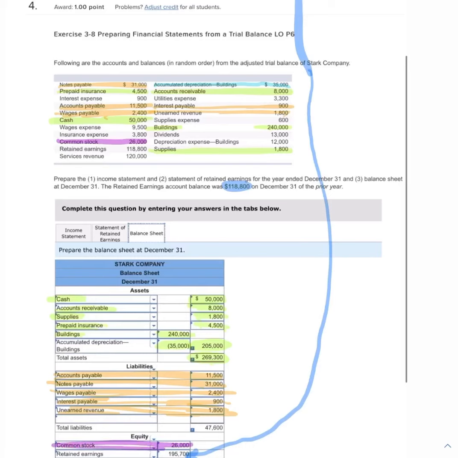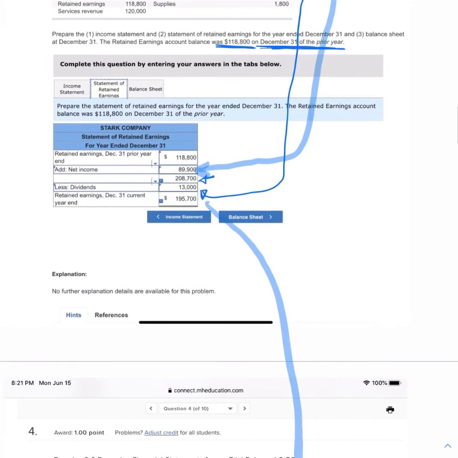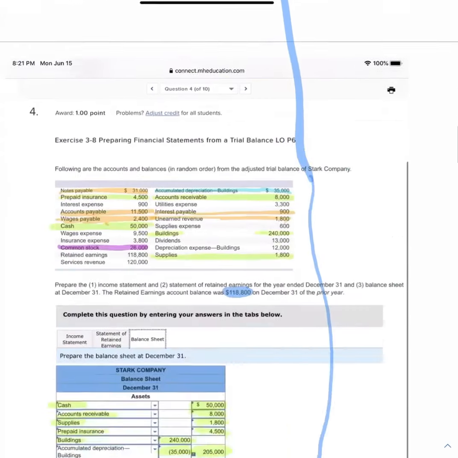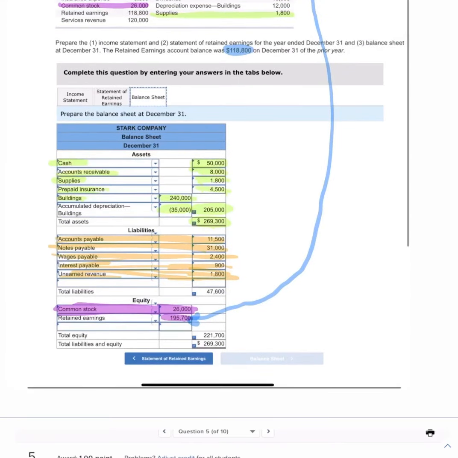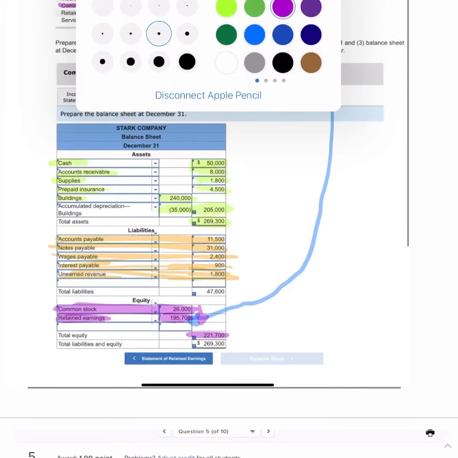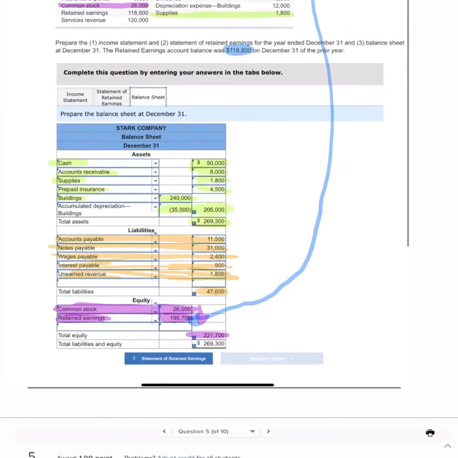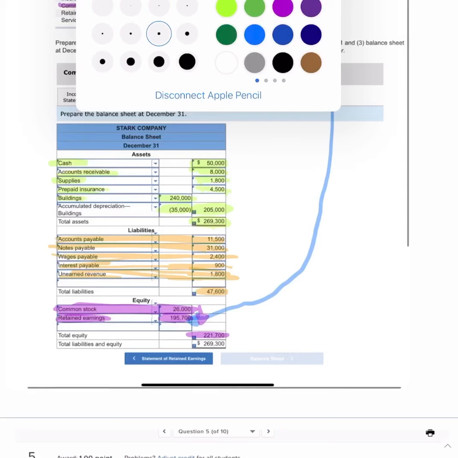And now the question is, where does this retained earnings number come from? And that, of course, is what we hinted at earlier, which is it comes from our statement of retained earnings, and is this right here. This ending number that we calculate there becomes the number we use in my balance sheet right here. And so you see that connection, and you hopefully see why the balance sheet has to be prepared after the statement of retained earnings. So now you see total equity, which is the sum of these two items here, is this $221,700. You then also see the liabilities of $47,600, and hopefully that light bulb's going off and you're saying,